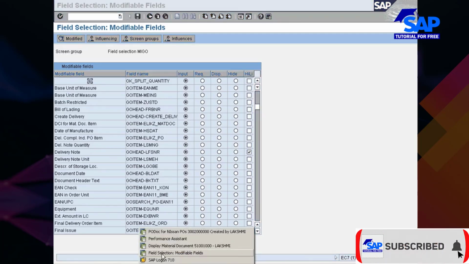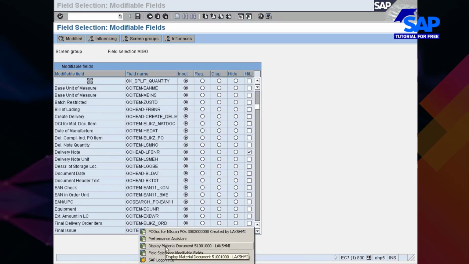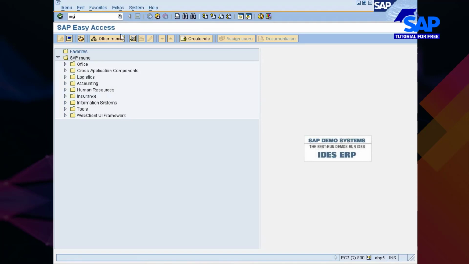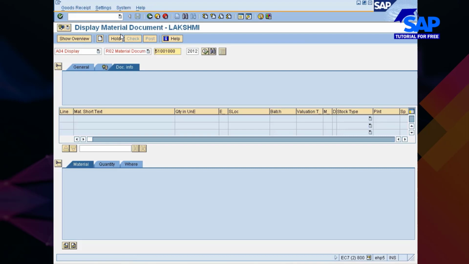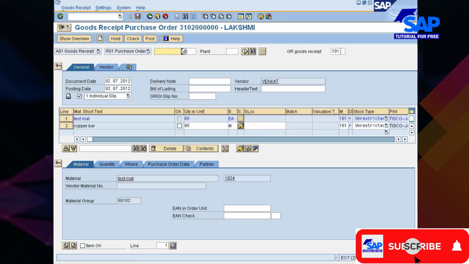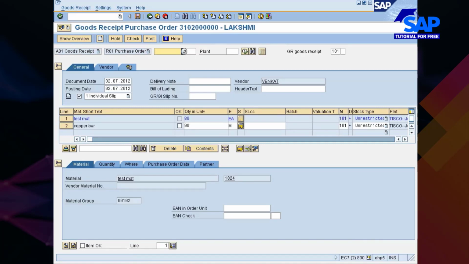So it means what? When you go with MIGO, goods receipt, purchase order, in case you want to make any field highlighted, it means it appears in a blue color line.